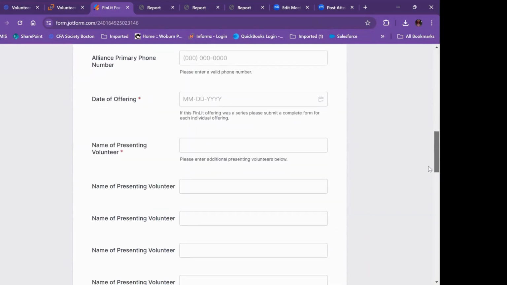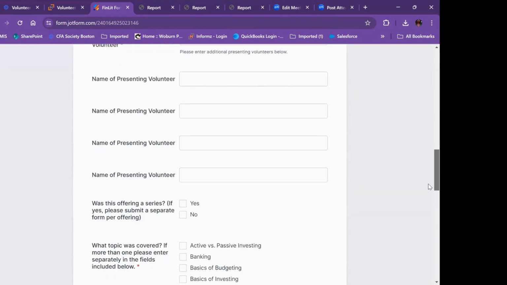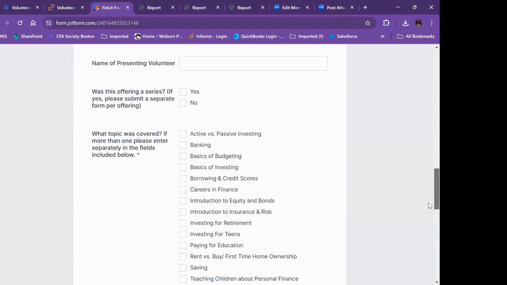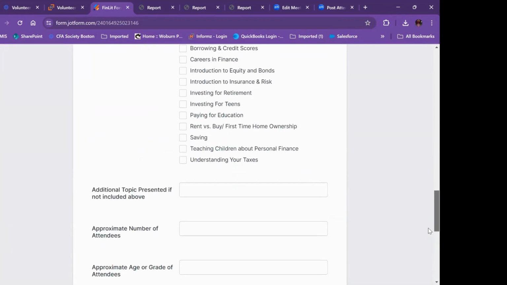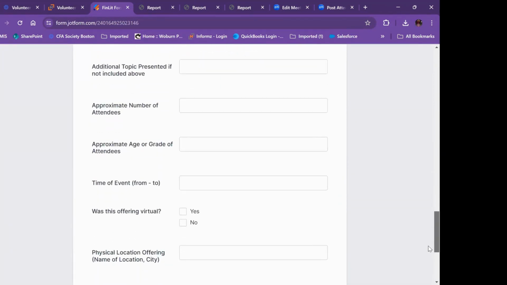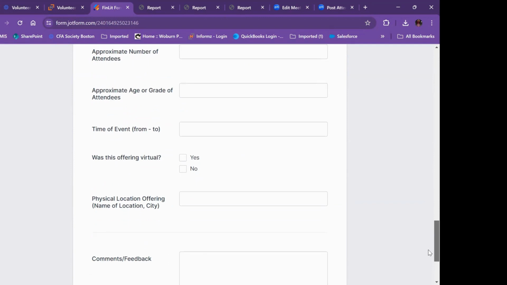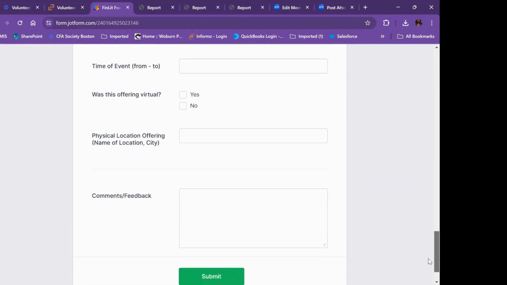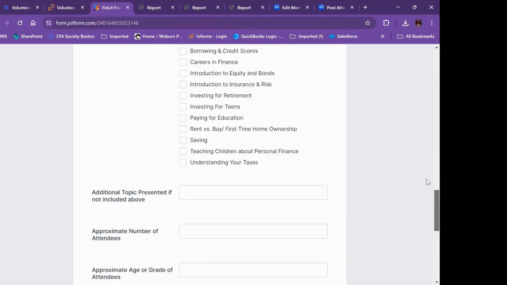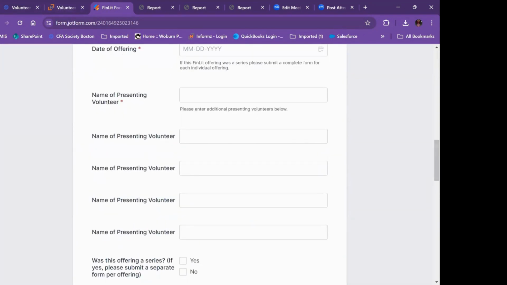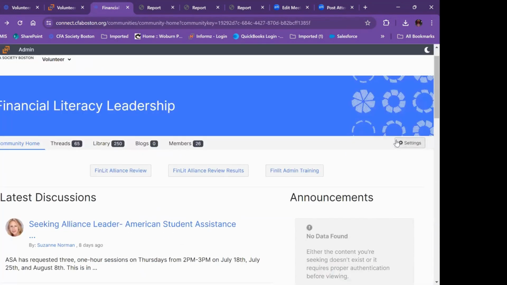We like to include the date of the offering, the name of the volunteers, was it a series, the topics that were offered. We love to know the number of attendees and possibly the age if you can, just for our own data collection purposes, the location, and then any comments or feedback. Once you submit that, go back. The results will actually show up here at this button, the Finlit Alliance Review Results. So from here,